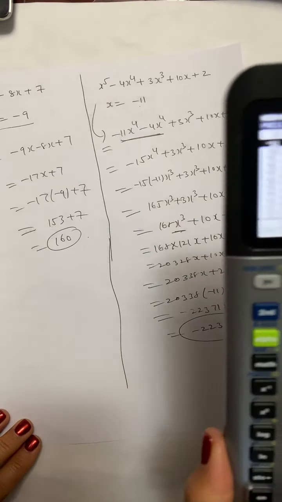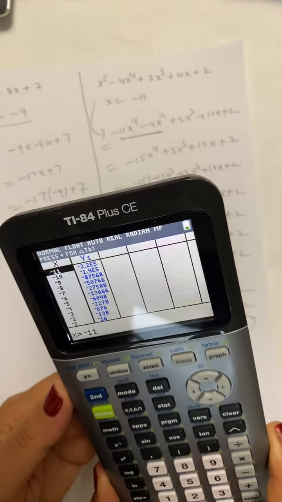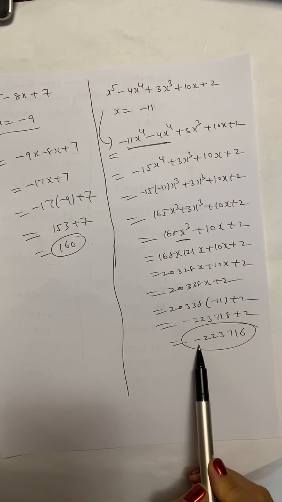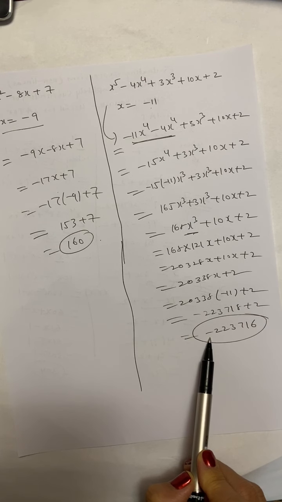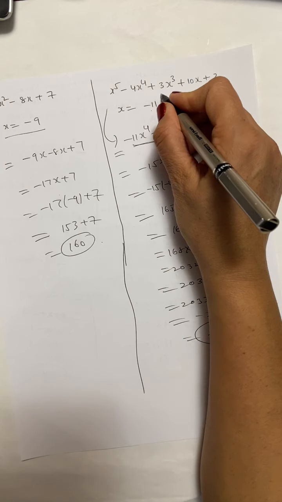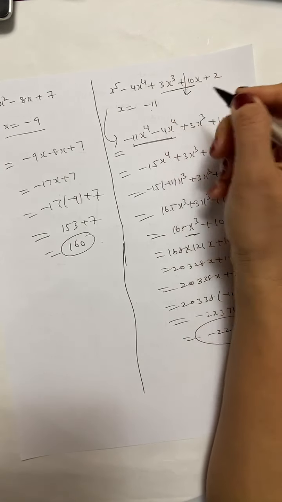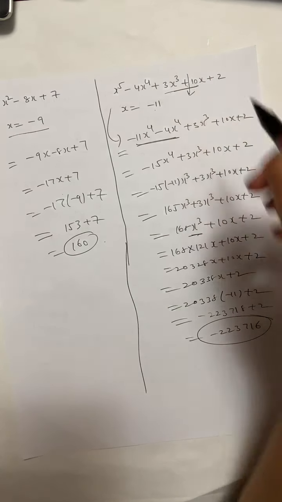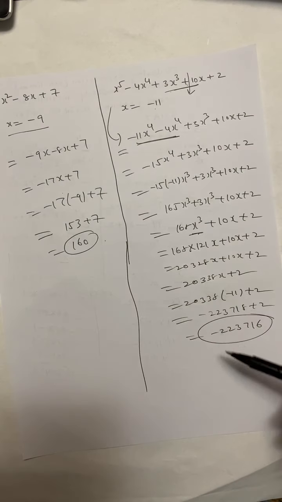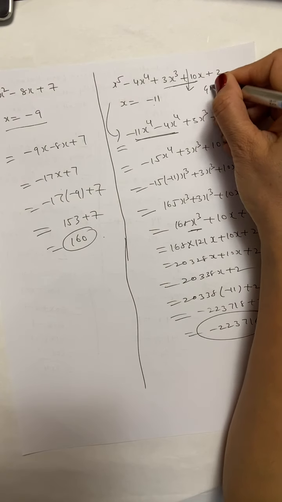And now we will go to second, negative 11, and then second graph. And then you can see the number is huge here. So you are getting negative 2.2 e to the power of 5, which means the number in this case is very huge. But probably this kind of question, as I said, is more likely to be done using a calculator. I just wanted to show what happens when you have the x squared term missing. So whenever you have questions like this, most probably you will use GDC to do that.